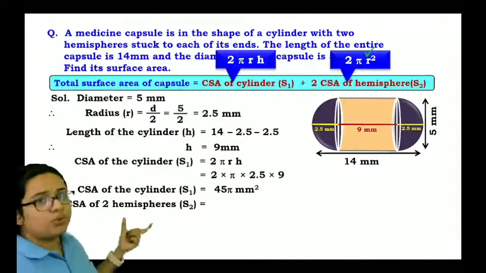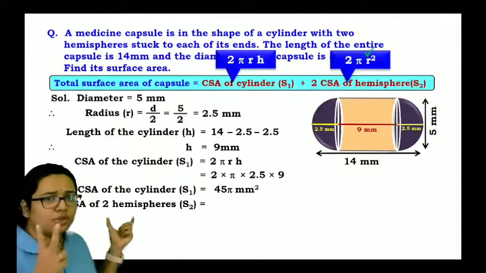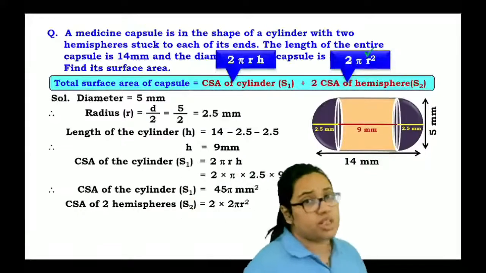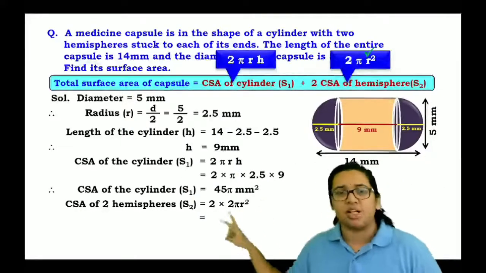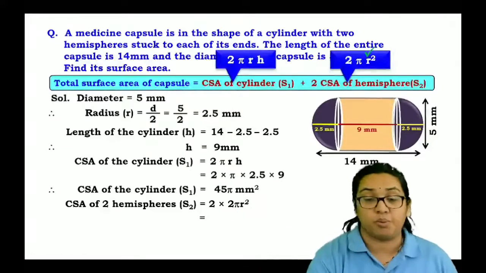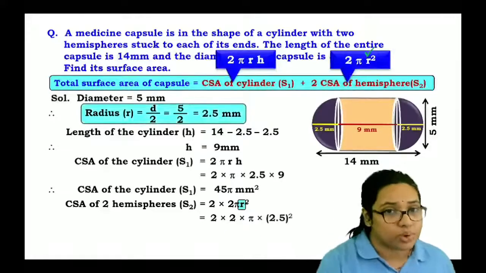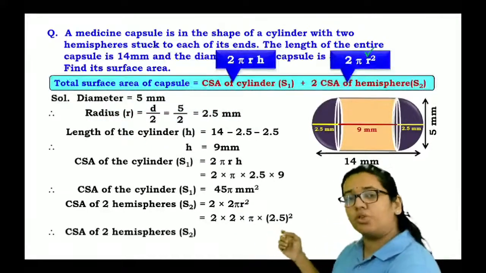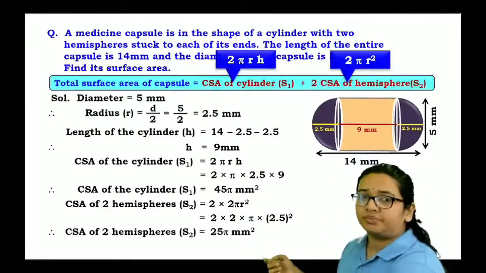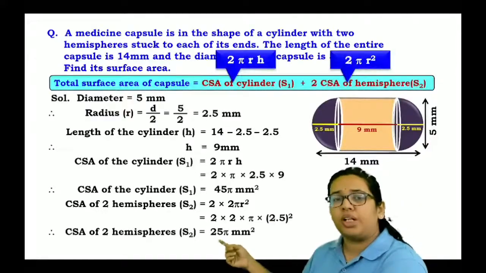Okay, so now we go for the curved surface area for two hemispheres. The curved surface area for a hemisphere will be 2 times pi r square, but we have to consider it for 2 times. So it is nothing but 4 times pi r square, which is nothing but 2 into pi as it is, and 2.5 in brackets,